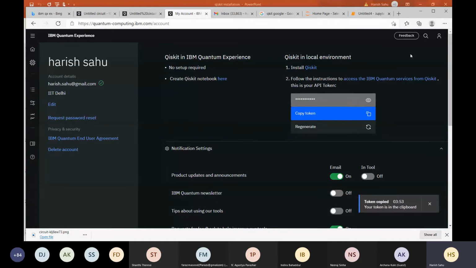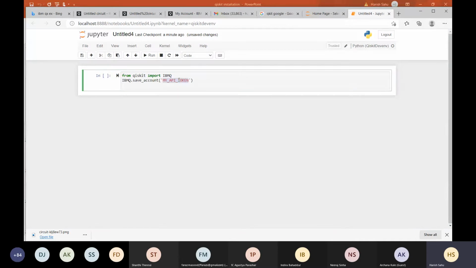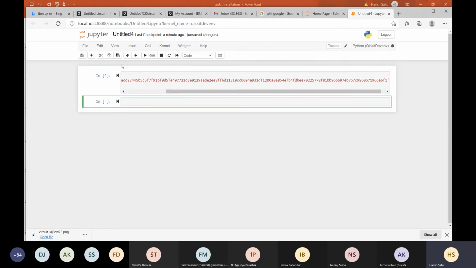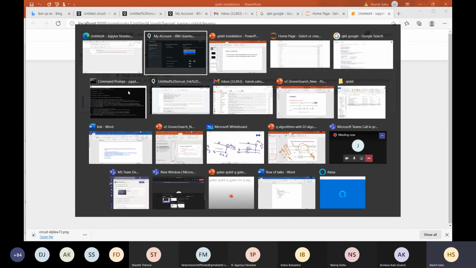Basically, this token tells IBM that I am the user Harish.Sahu, and it will allow me. In place of this "my API token", you need to put your token value. I put mine, and you just simply run. While running, a star will be there. See here, now it has become 1, so it ran successfully. Basically, my account is linked successfully.